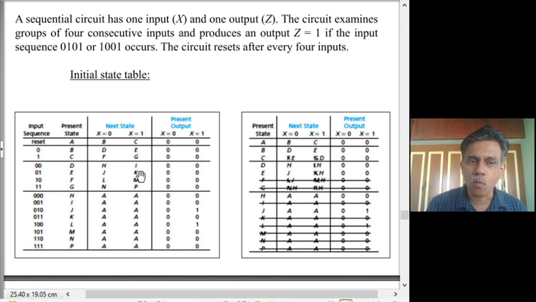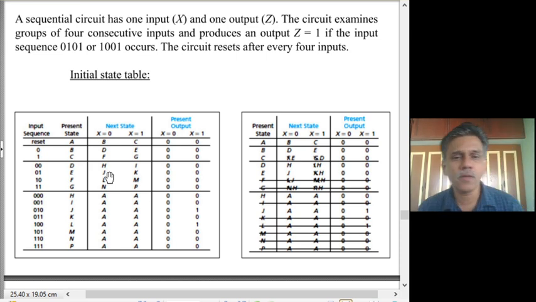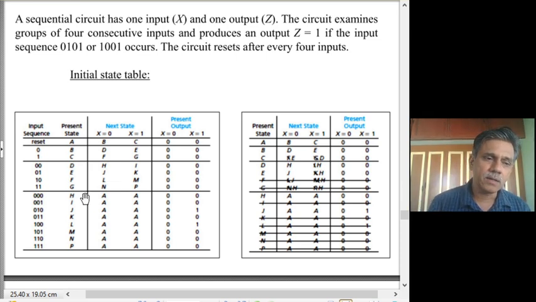So this is why we say that two states are equivalent if they produce the same output for a given input and go to states which are equivalent. If H and J are equivalent, and I and K are equivalent, then D and E are equivalent. Now comes a question which is recursive in nature. To conclude whether D and E are equivalent, we have to now say whether H and J are equivalent, and so on. So now what we do is we look at these states.